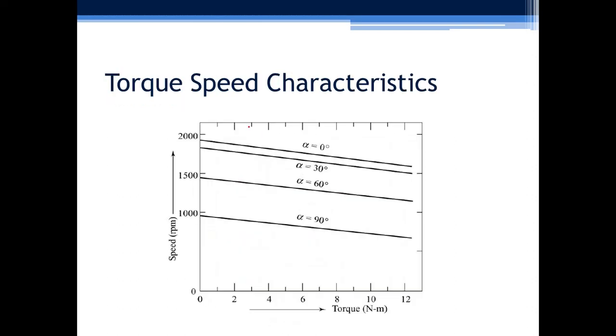Now next part is torque speed characteristics of this drive. Ideally for DC motors, the relation between torque and speed is like this, up to rated values. If you draw the graph, I take speed n on the y-axis and torque on the x-axis. Torque is in Newton meter and speed is in RPM. If we put more load on the motor, if we increase the torque, ideally the DC motor is said to be a constant speed motor. So ideally for any torque, its speed should not change. So this is the ideal graph.